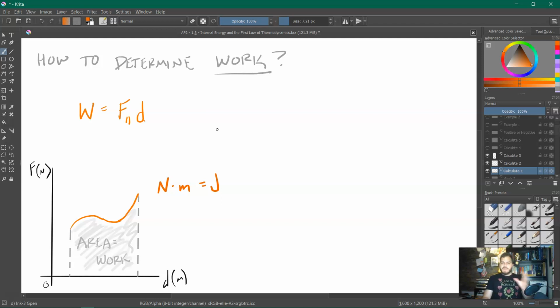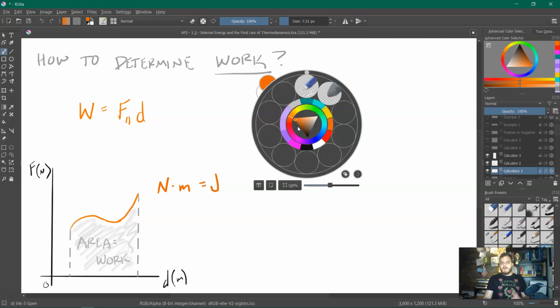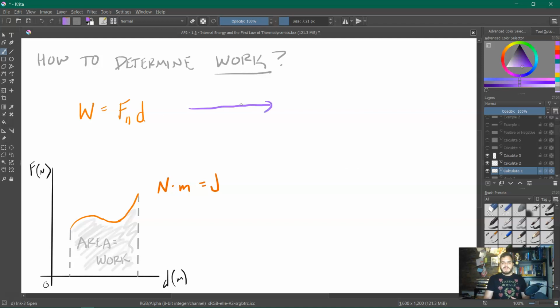Now, you might think, okay, there's got to be some corollary here, and you're not wrong. There's one thing we want to be careful of. There is an equation that's a corollary to this one. However, we're not going to learn that right now, and the reason why is that it only works in certain circumstances. Just like this equation only works when the force is constant, this equation only works some of the time, so we're going to learn it when we get a little more details on what that specific moment is. However, this formulation of it always works. If we take the area under a force times distance graph, that will always be the work, even if